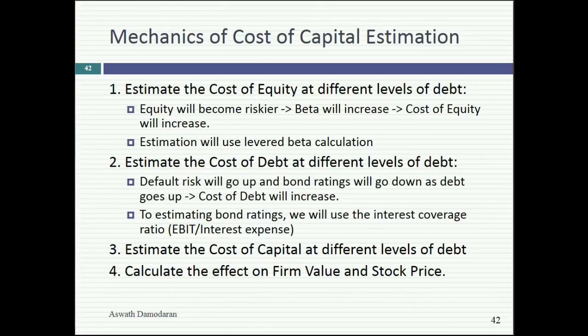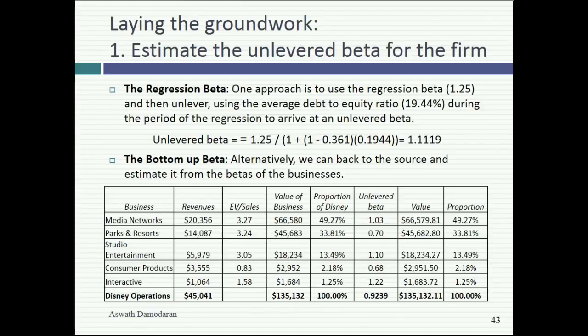Let's start off by first getting the numbers I will need as raw data to get the process started. First, to do all those betas at different debt ratios, I need an unlevered beta for Disney. Luckily, I have those already, because that's how I got the existing beta. There are two ways you can get an unlevered beta. One is if you just have the levered beta, you can get to the unlevered beta by